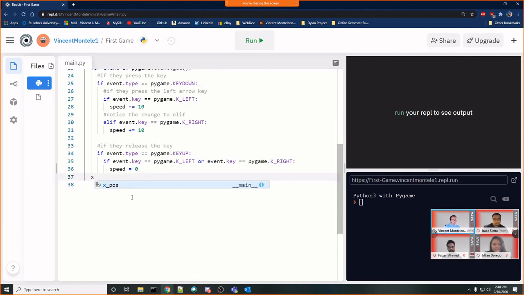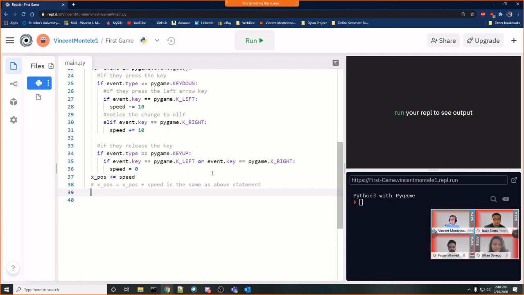So all I'll do is I'll say X position plus equals speed, which is the same thing as saying X position is equal to X position plus speed. All right, now just 5 more lines of code and we actually get to see everything come to life.